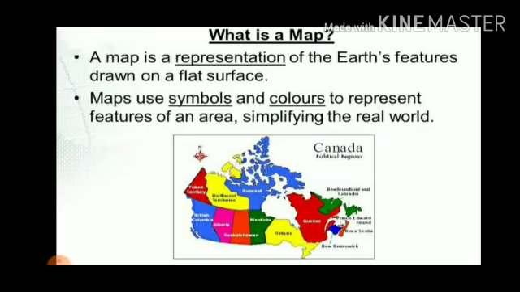So what is the advantage of a map? The advantage of a map is we can see a small area on a larger scale here, right? And what is the disadvantage? The disadvantage is we can't see the rotation of the earth here because it is not a replica of the earth. And what is another advantage? We can carry a map everywhere because it is not large and bulky. Okay.